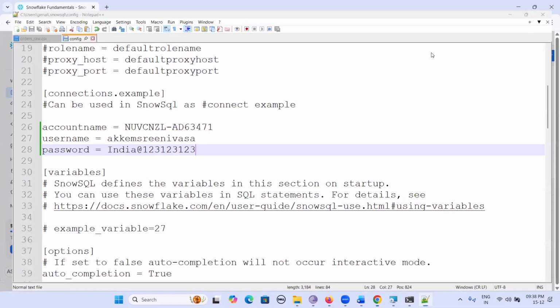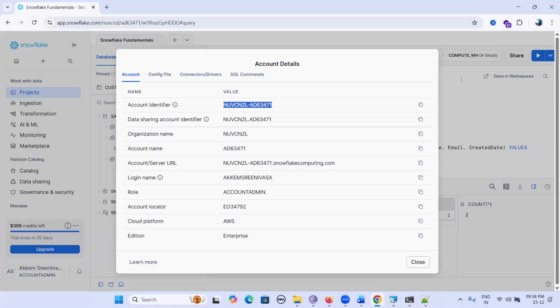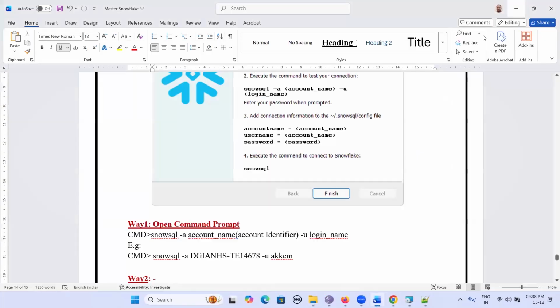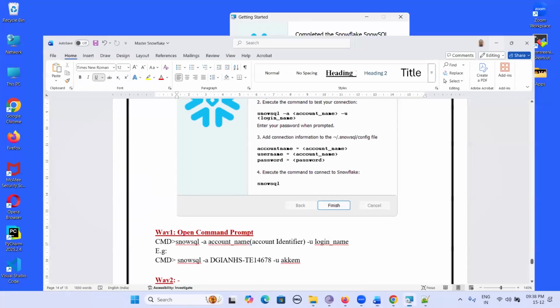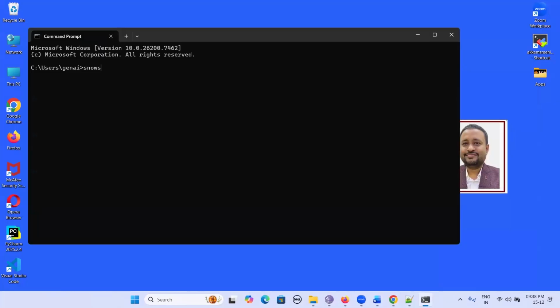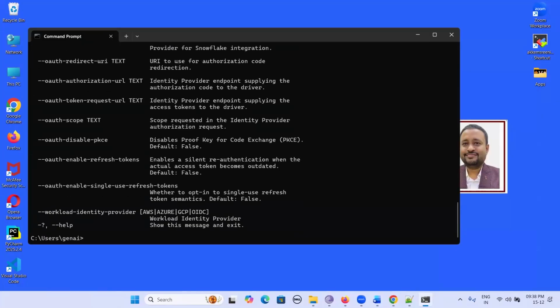Then close this terminal. Click on Finish. Now open terminal. Then type SnowSQL. So this time